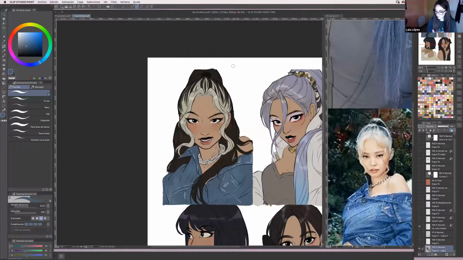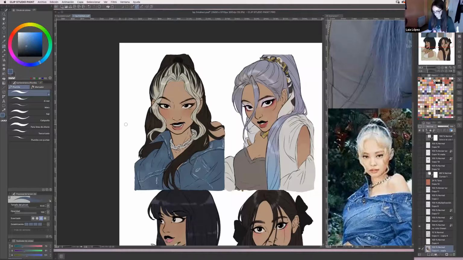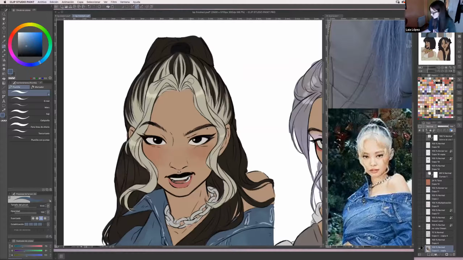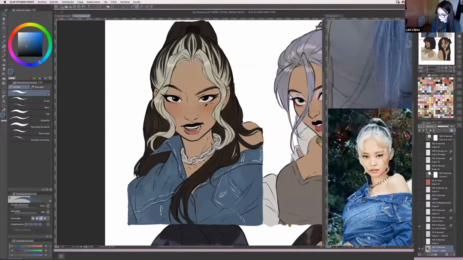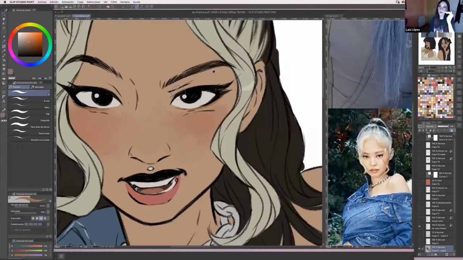I blurred some of the edges, not everything, because if you blur everything, I feel like it loses, I don't know the word. It just doesn't look as cool, maybe. It doesn't stand out that much. So yeah, what I always do as well for the coloring is I started adding a little bit, it's not like eyeliner, but like a shading under the eyes that gives it a little bit more depth, and it doesn't look like white and then the skin tone.